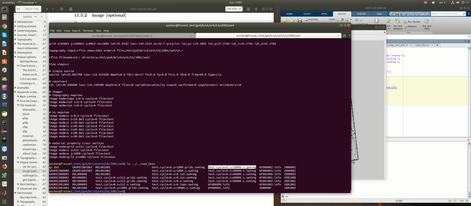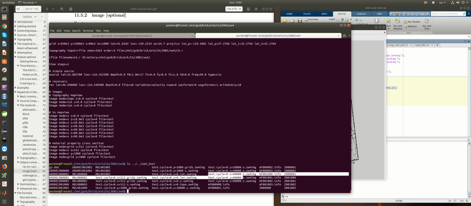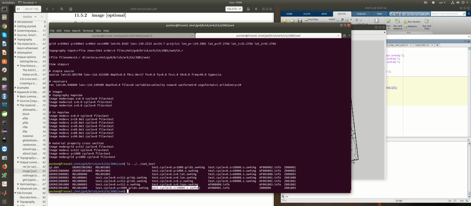But those image files for z equal to different depths are actually giving me identical velocity. All the images created at different z are identical to the map view plot for z equals 0,